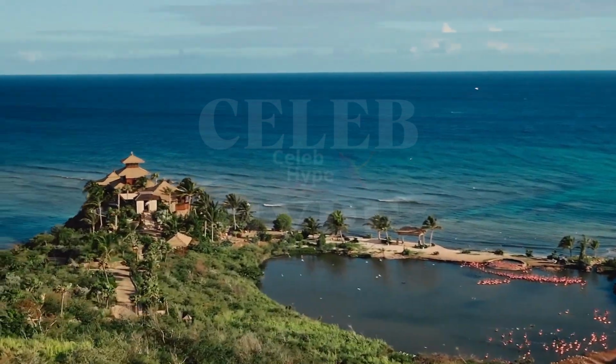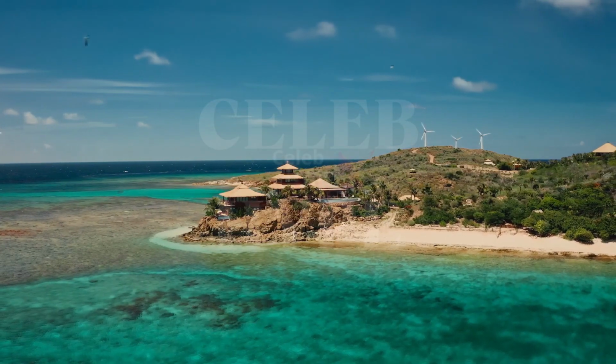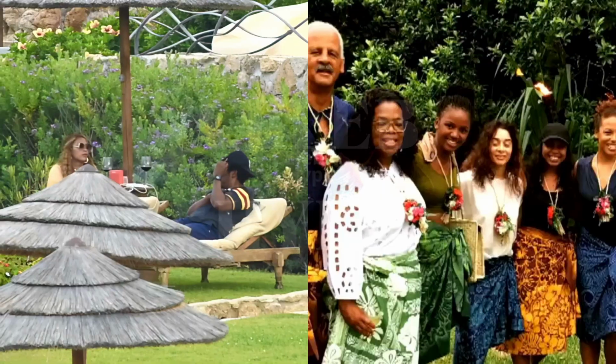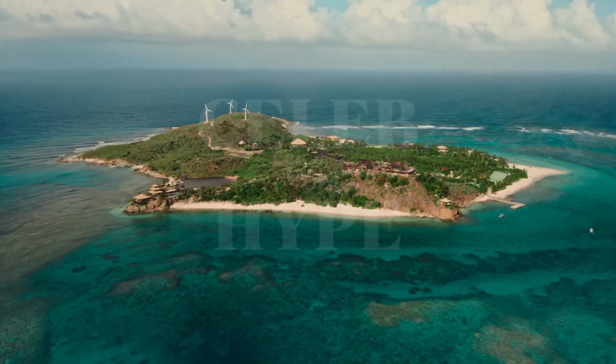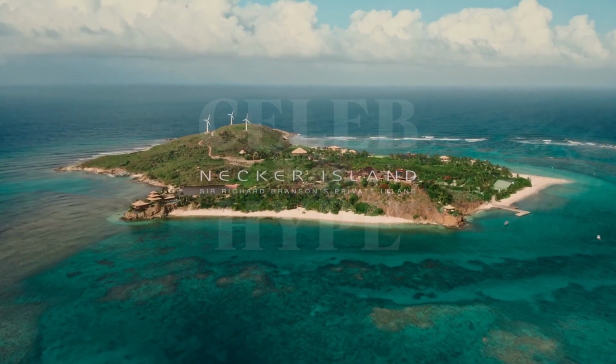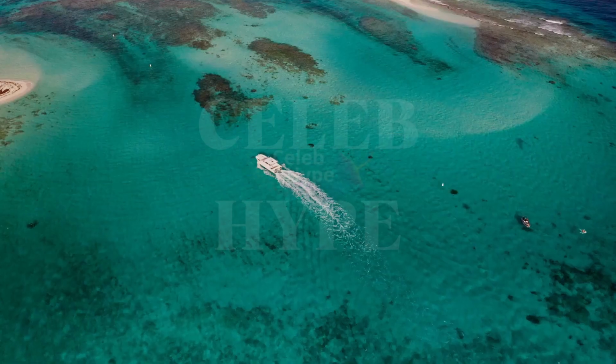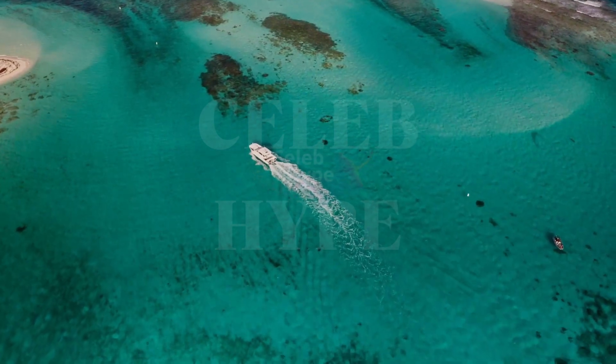Imagine a place so exclusive, even Google Maps can barely find it. An island where billionaires hide, Beyoncé escapes, and Oprah disappears. This is Necker Island, Richard Branson's ultra-private retreat in the Caribbean, where A-listers vanish from the spotlight and indulge in